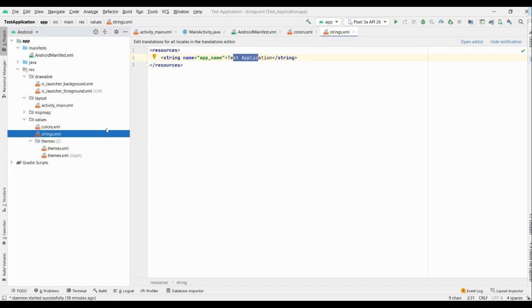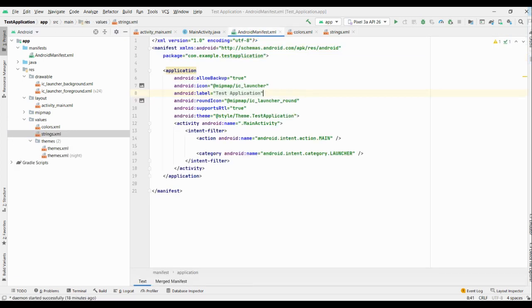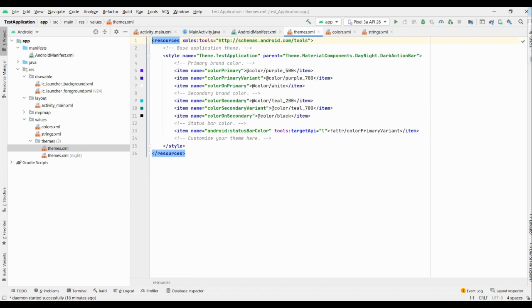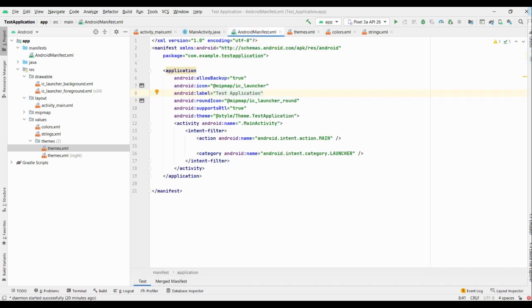And under themes, here in the manifest file we have defined the theme, at style slash Theme.TestApplication. These are fetched from themes.xml. You can see here we have specified a style tag, and under that we have named it Theme.TestApplication. The same name we have used here: for the theme attribute we have given @style/Theme.TestApplication.